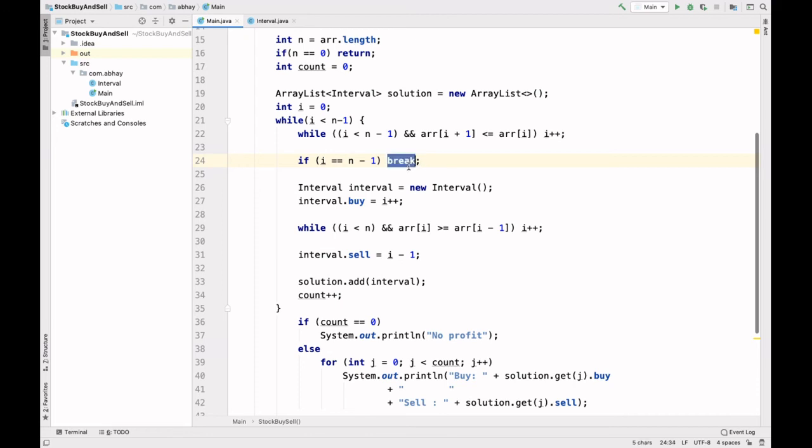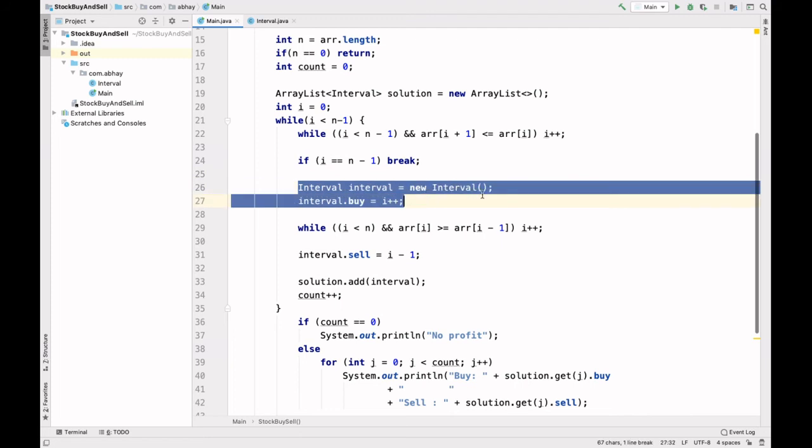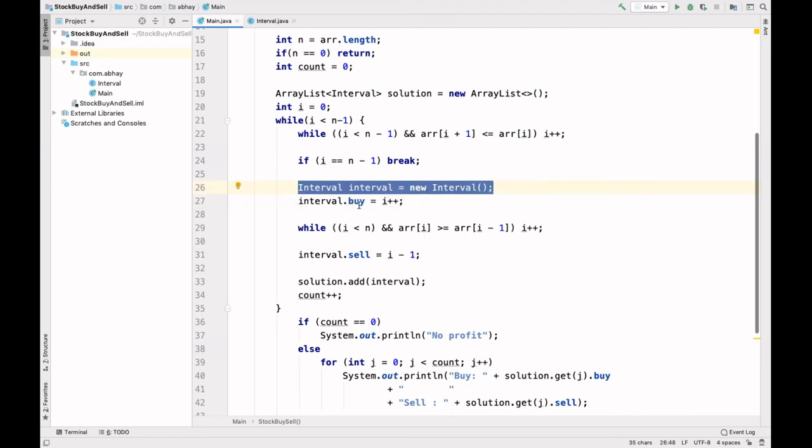So in that case we will simply break. Okay, now since we are out of the loop, then there is a proof that we have found our first local minima. Now we have created our interval class here. Then we have incremented the buy by i, that is i plus 1, because we have to store the index. Okay, so i plus 1 will be stored as the buy value.